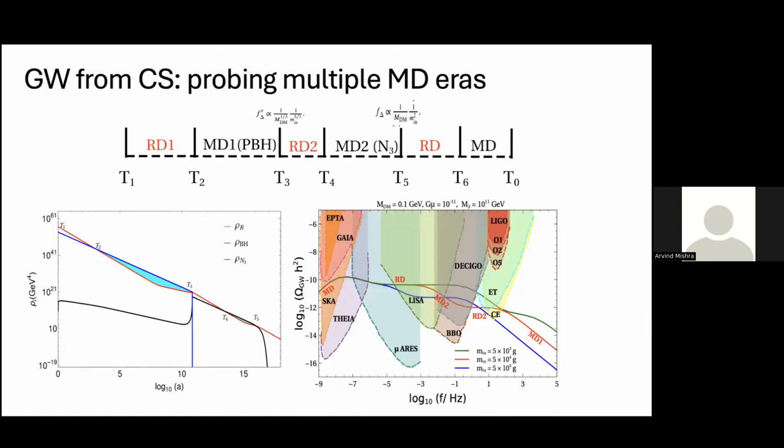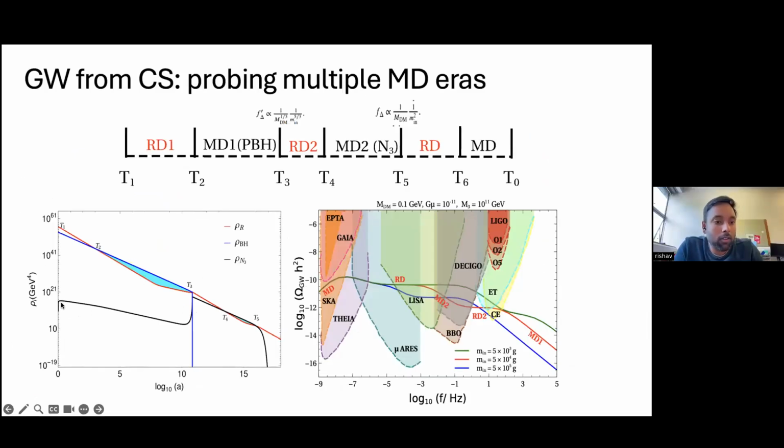But let me show you a plot that I was mentioning. Here you see the number density of black holes, and the number density of right-handed neutrinos, which is not number density but energy density. This is just for demonstration. But as you were saying, at the time of PBH evaporation, it increases very fast. This is actually clear from this plot. Then you can tune it accordingly to get the right abundance of that particle, if you want to do leptogenesis or if you want to do dark matter.